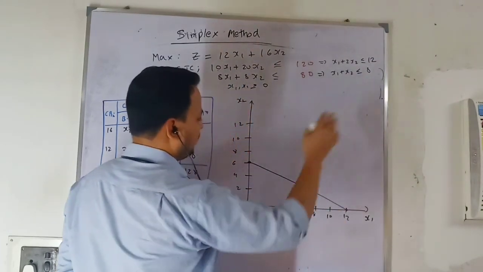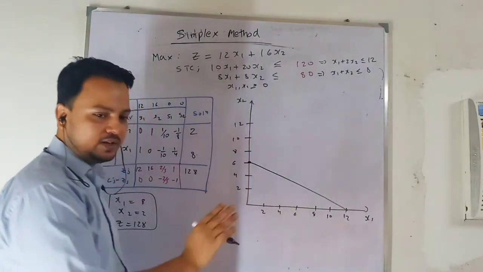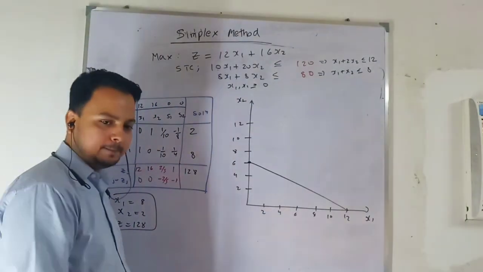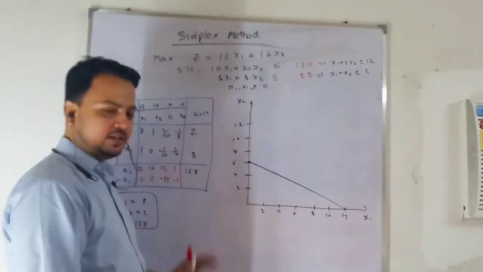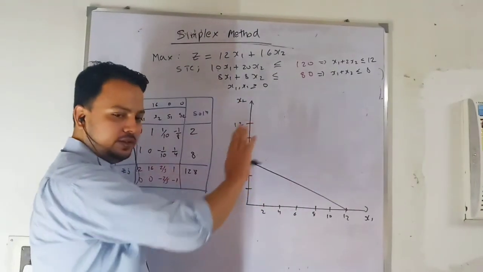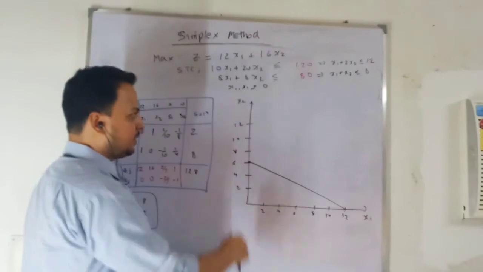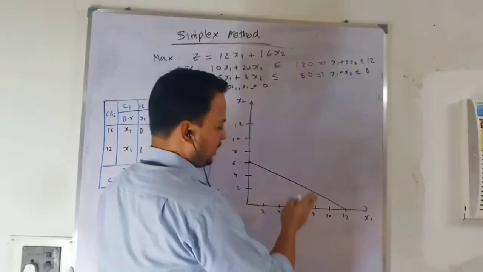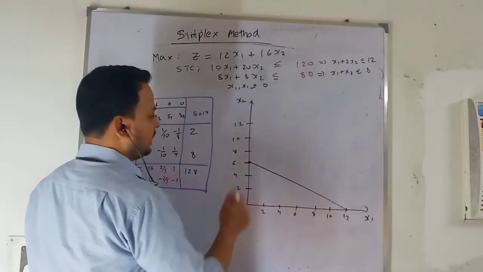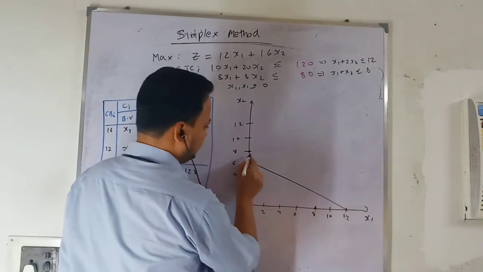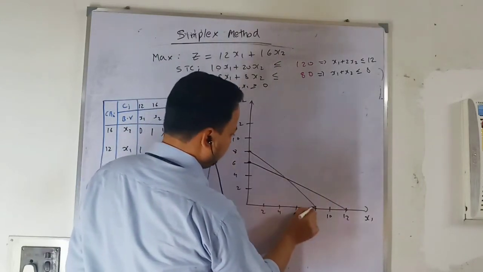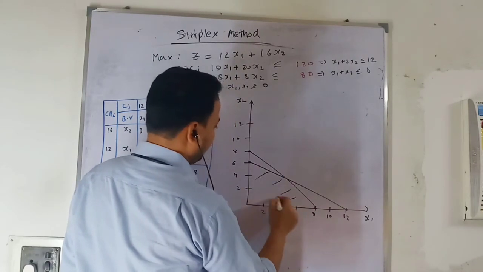Which side will I go, this side or this side? Left hand side or right hand side? Yeah, this side, left hand side. You are in this quadrant, so it is easy to do. You put 0, 0 less than or equal to 12, it satisfies, moving toward the origin. Second, how much? Very good. So this is the common region you have.